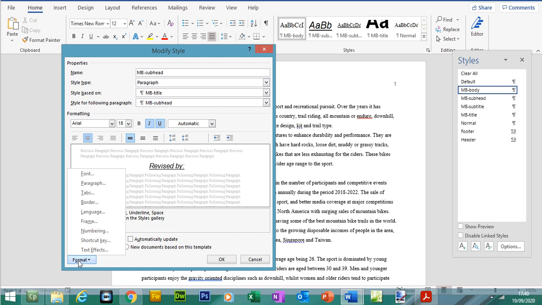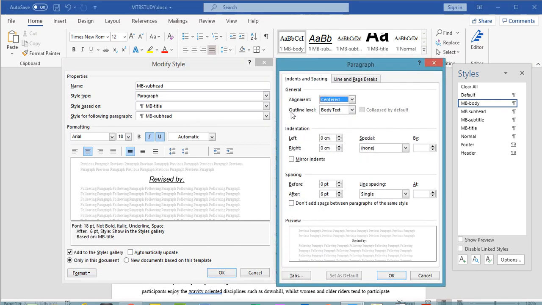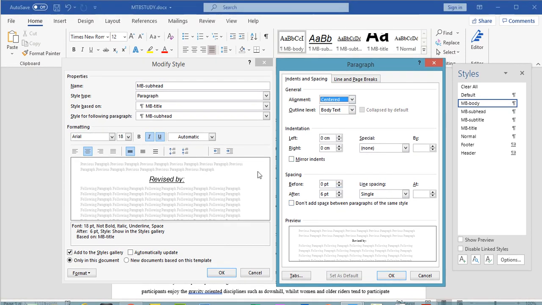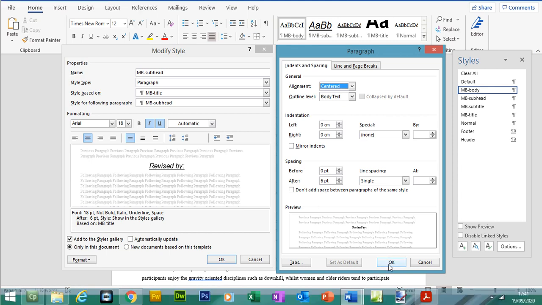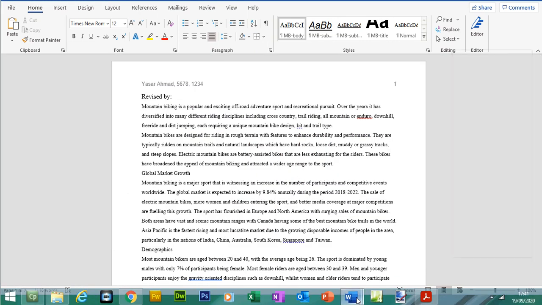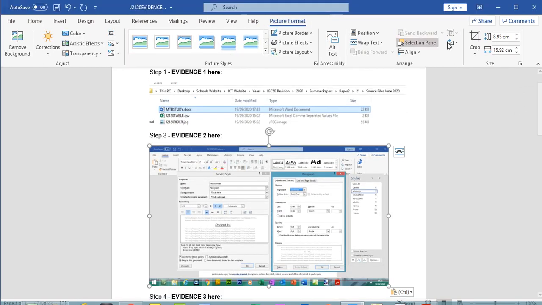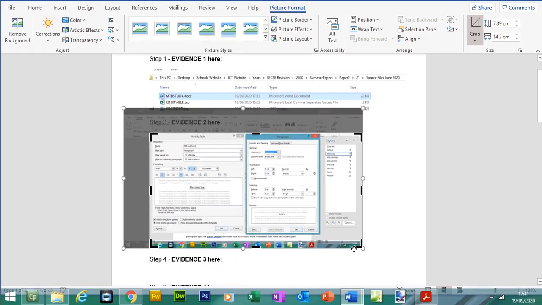So what I'm going to do is go to MB subhead, right click, modify, and I'm going to click on format and paragraph. So now we can take a print screen of this and this, showing 6 points after, single line spacing. It shows here as well, but I like to include this window as a print screen as well. Okay, let me take my print screen. Press OK, press OK. Evidence 2,